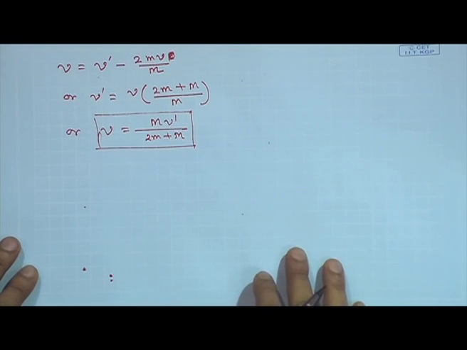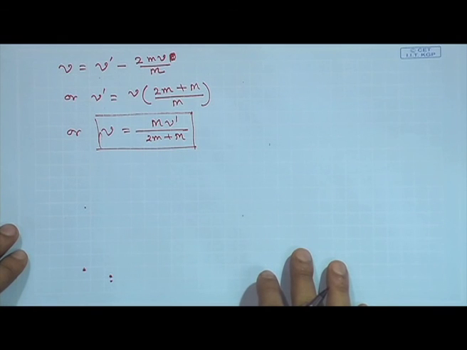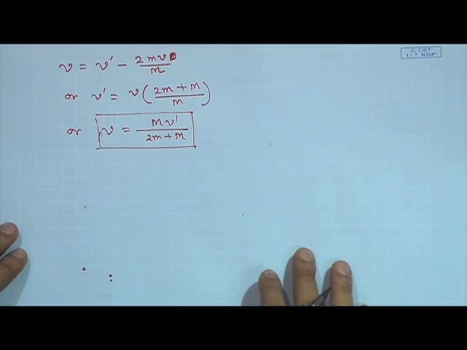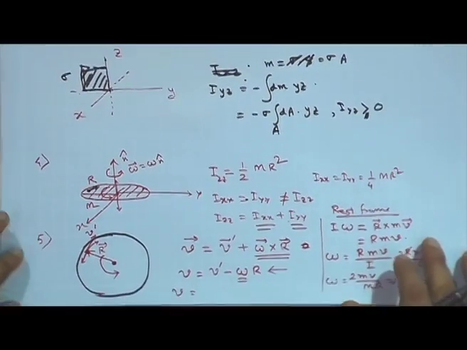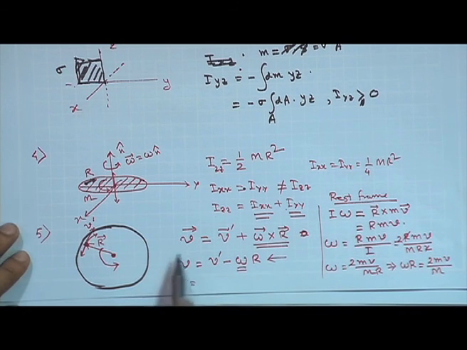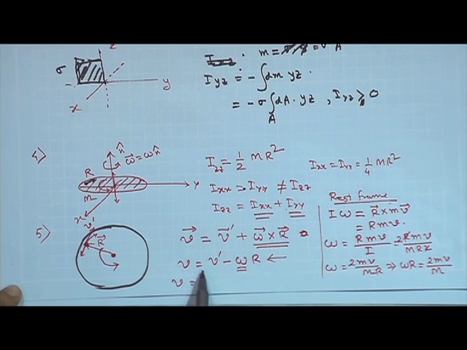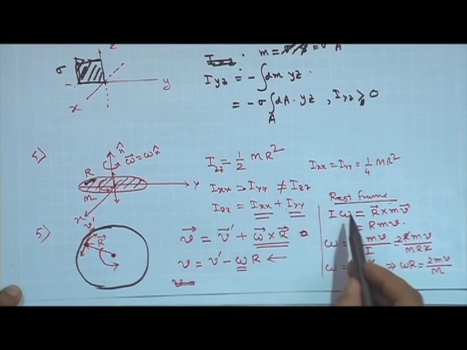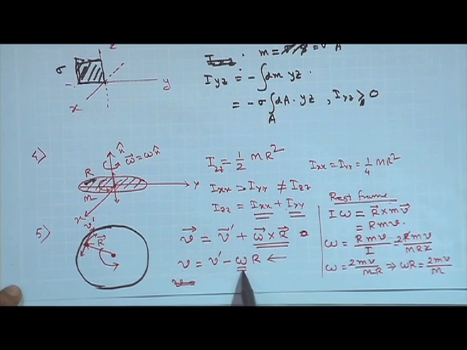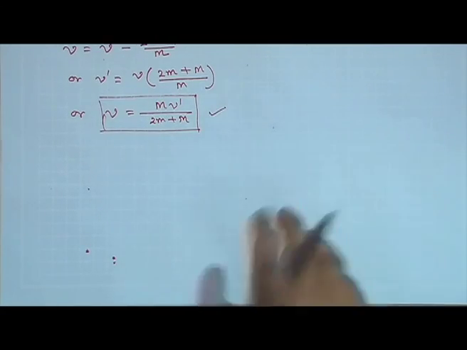So this is the result we are looking for. Okay. So I hope this is clear to you all, how we did solve this problem. I will just repeat it once again. What we did was we initially wrote the equation. So the velocity v, which we need to find out, is the velocity as seen from the rest frame, right. So we wrote this equation which gave us this. Then we wrote the angular momentum conservation in rest frame, which gave us an expression of omega in terms of known parameters. Put it in here, simplifying, you get this, right.